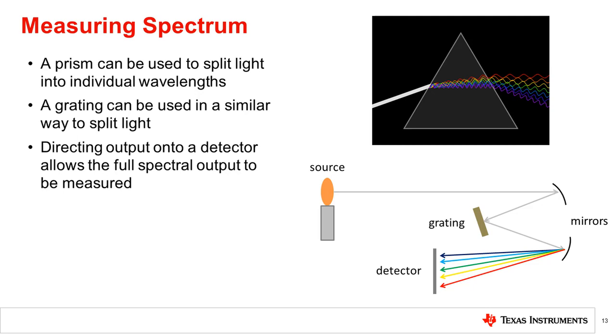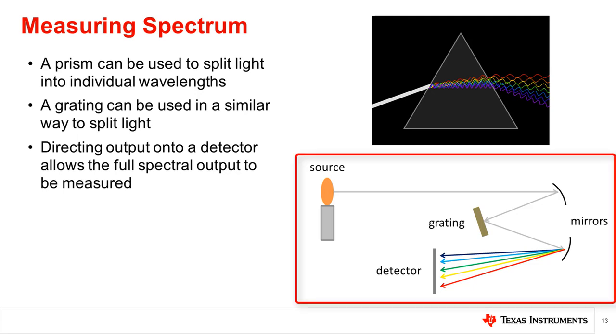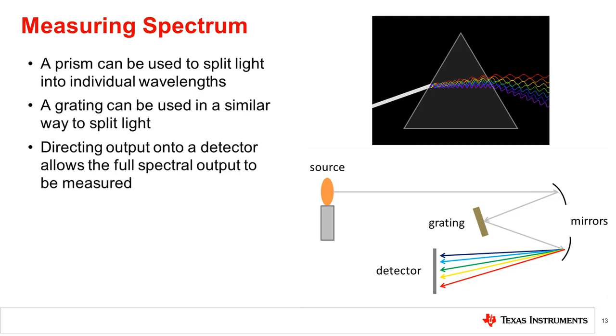Photodiodes measure irradiance, as seen earlier in this video. The most accurate way to measure light would be to measure the irradiance across the entire spectrum. This could be done by having many photodetectors, each with a narrow bandwidth of detection. Another way this is done is by using a grating to split the light into individual wavelengths. This process is similar to the way a prism splits light and rainbows are formed in the sky.